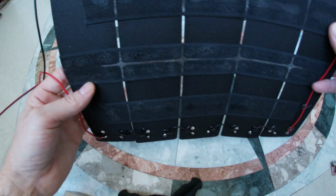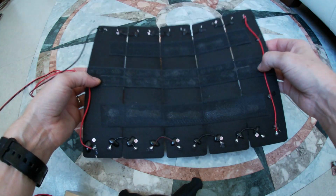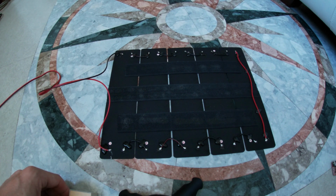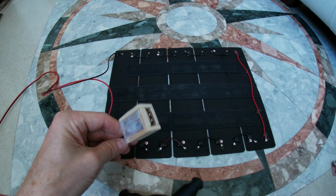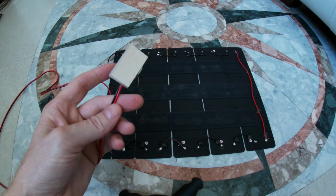I didn't talk about the amps either. In direct sunlight, this array of panels can produce about 1.5 amps, which is perfect. Most cell phones and things like that require at least 1 amp, and that's exactly what I needed. So on my booster box here, it's kind of hard to see, so I just wanted to show you guys the actual